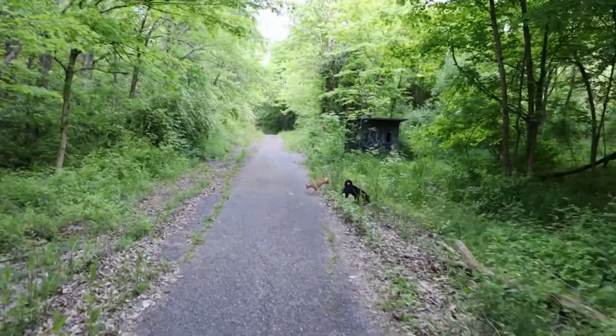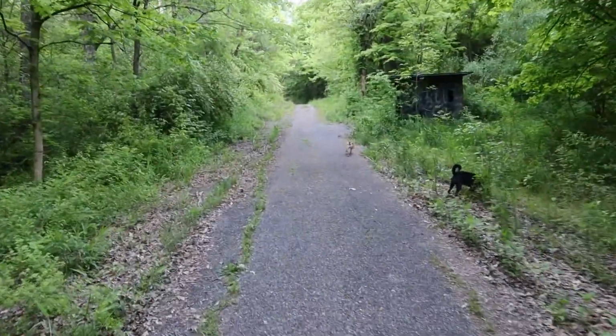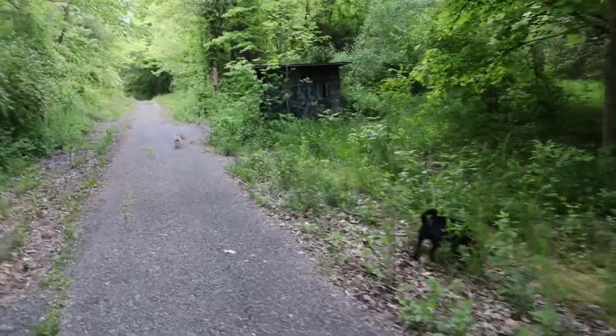Every once in a while I'll see some deer out here. It's pretty cool, and they're usually not too scared of people. They don't like my dogs very much, but